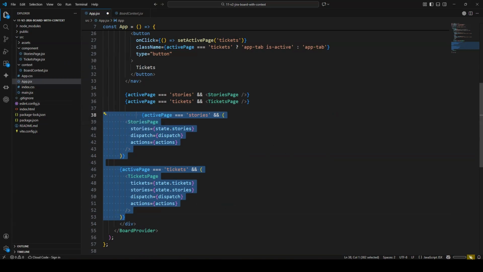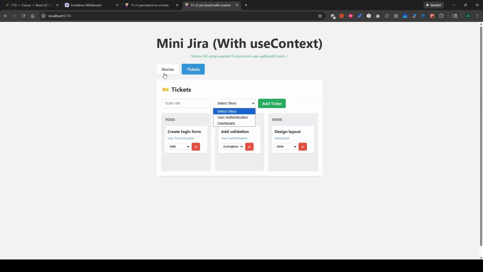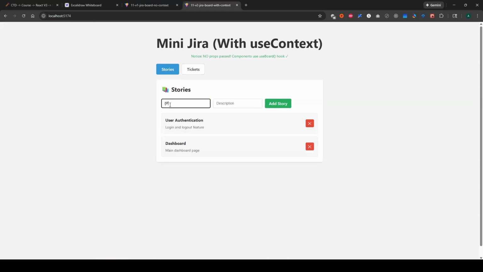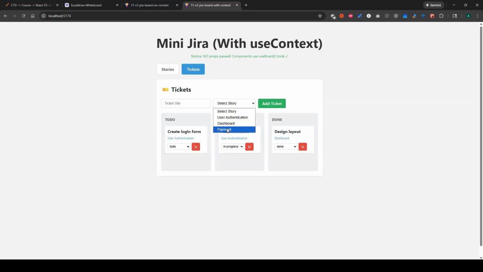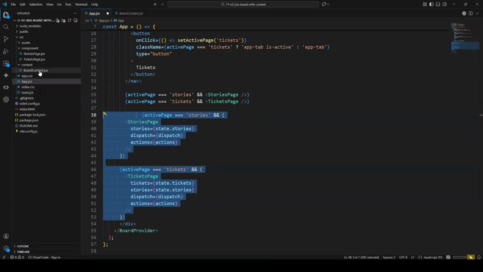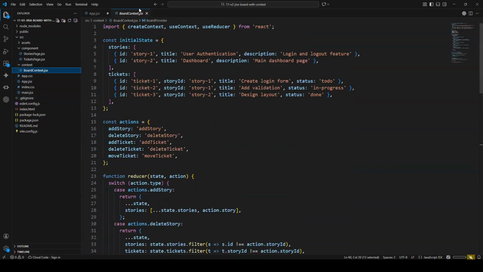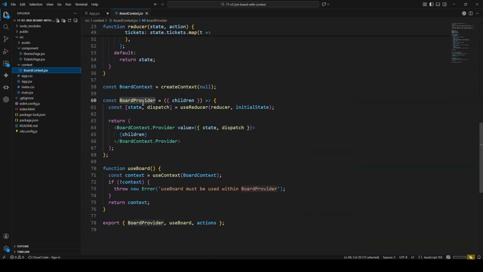Yet I'm able to achieve similar functionality as previously. Let's quickly verify there's no payment here. Payment page. Because I use useContext to share a state across all the child components of the